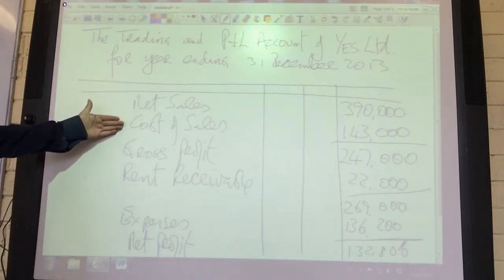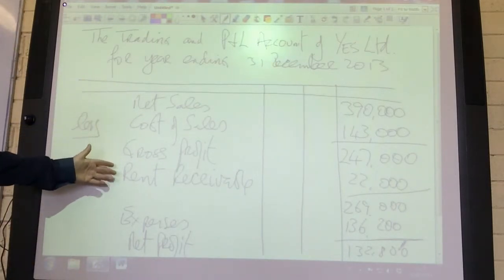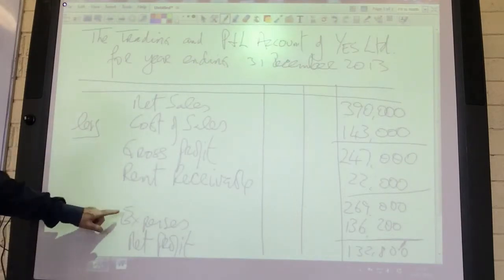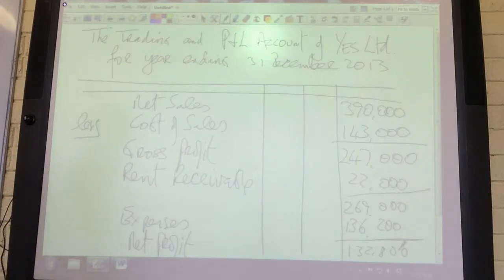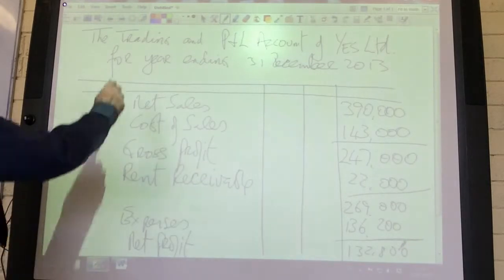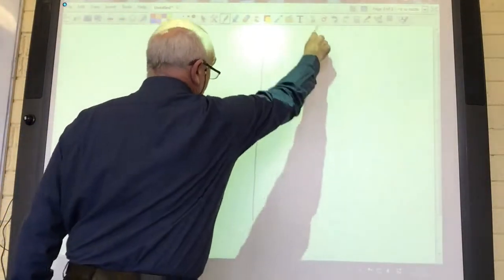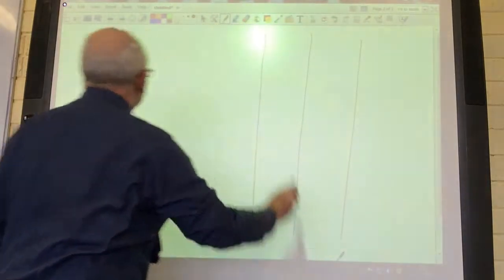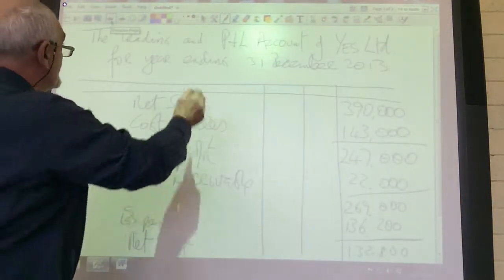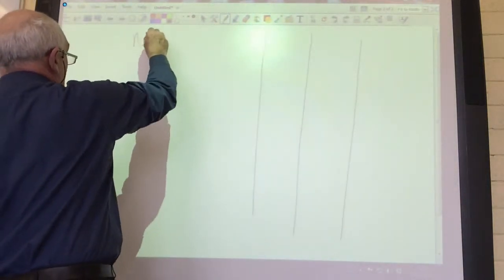So we have sales, less cost of sales, gives you gross profit. Add any other income or gains. That brings us up to 269,000, less our expenses, and we have net profit of 132,800. And continuing on then with that, just to write down our net profit again here,